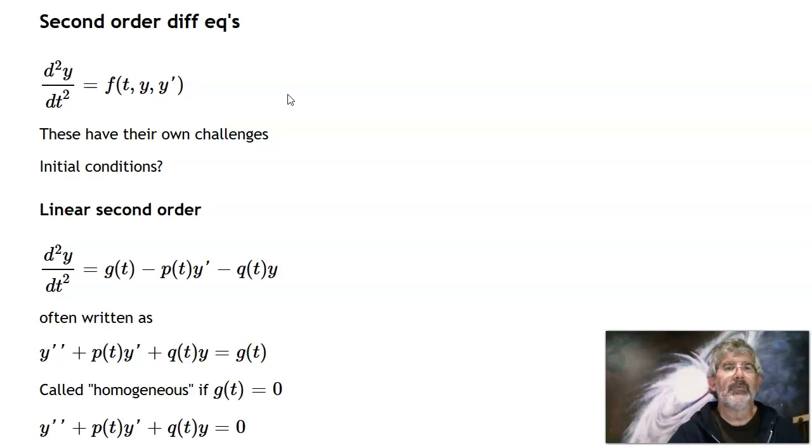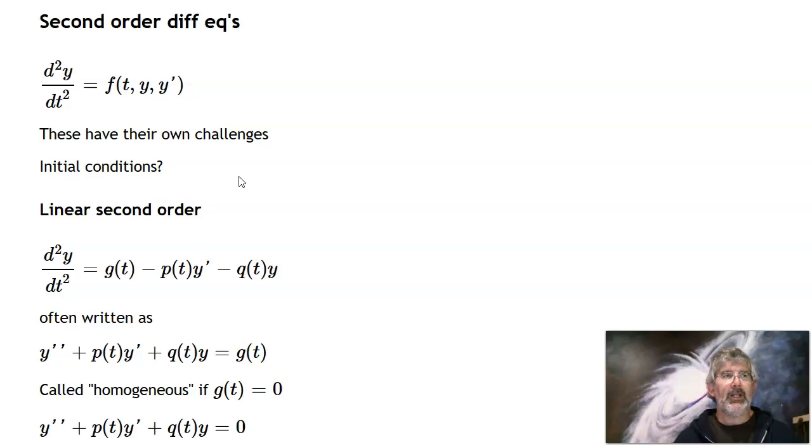So we're going to take a look at that type. I should point out before we do that initial conditions, if you had an initial value problem with a first order differential equation, right, you'd have the equation and you'd have one point essentially that you wanted your path to go through. As it turns out, with second order differential equations, you have to give essentially two bits of information for